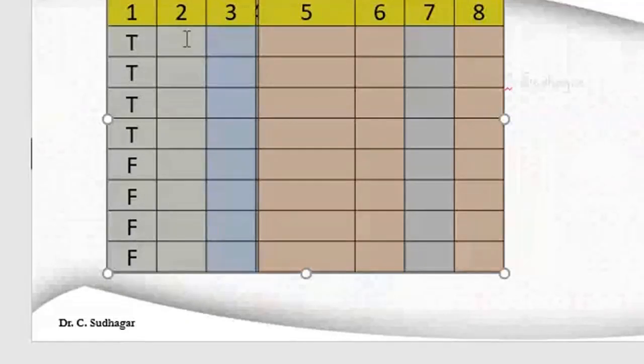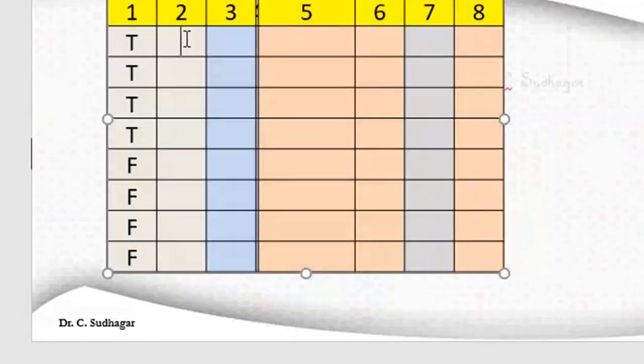Now coming to Q, you again take half of that. Last time you put 4 T's, now you put 2 T's only: 2 T's, then 2 F's, then 2 T's, then 2 F's. Now for the last column you put them alternately, one time each. 2 divided by 2 is 1. So you put TF, TF,